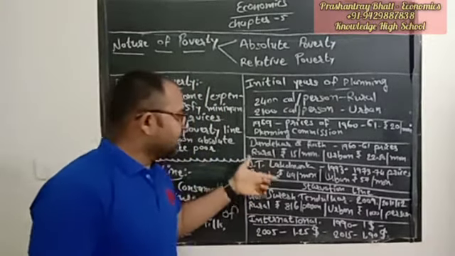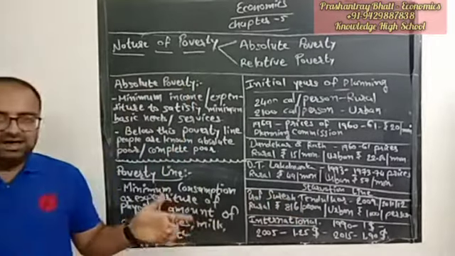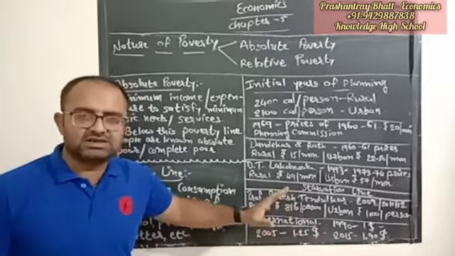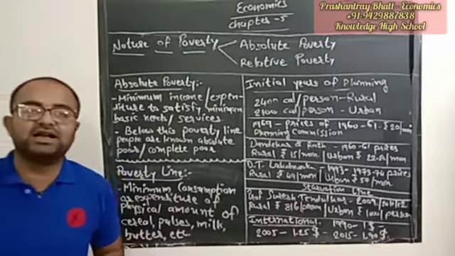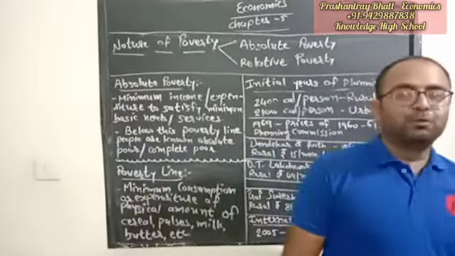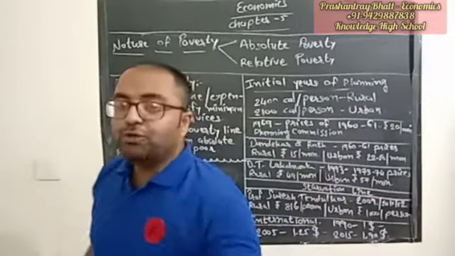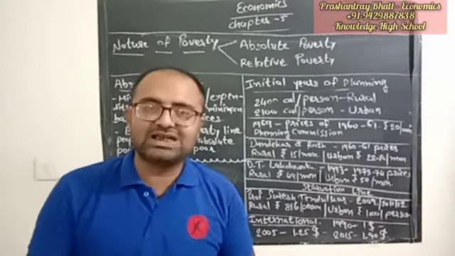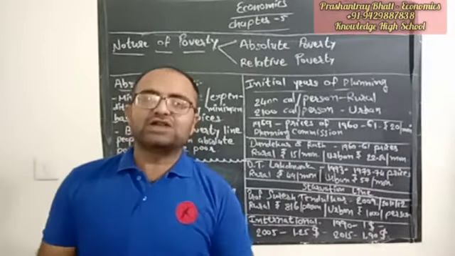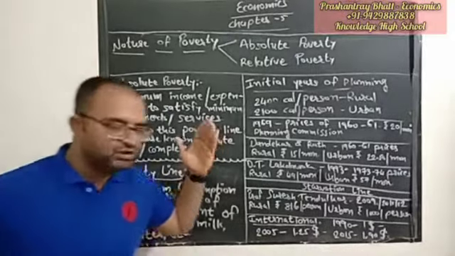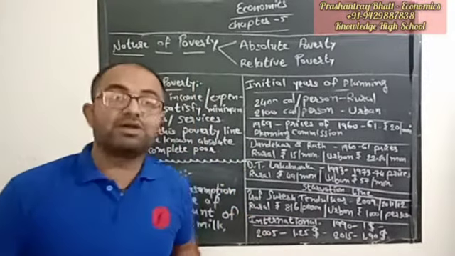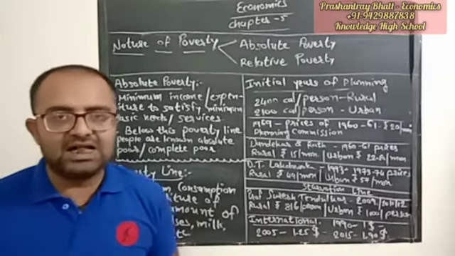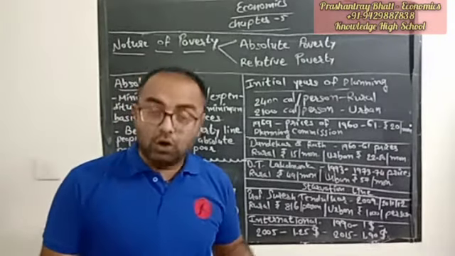But after the D.T. Lakdawala committee came, the economists thought that it is nothing else but just the starvation line, that is, the line of hunger. Right? A person is poor and you are defining the person as poor using just his hunger, using just the consumption of the calorie. Right? That's why it becomes the starvation line only, because the food is not the only thing a person needs. There are much more requirements, the basic needs a person needs, just like the clothes, the education, the health. These are the things a person needs along with the food.